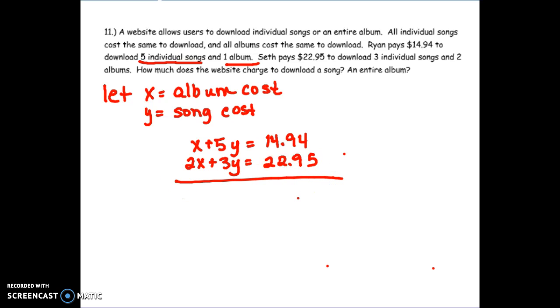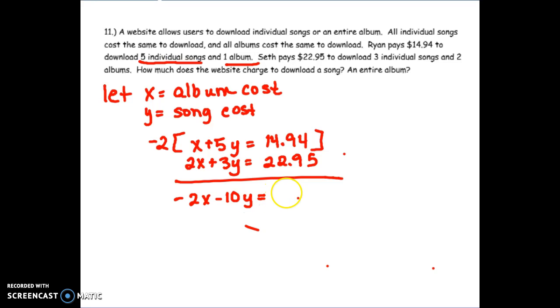All right, so now we've got our 2 equations, and let's solve for them. So in this case, our X, if we look at this, let's multiply the top by -2. Okay, when we do that, we end up with -2X minus 10Y